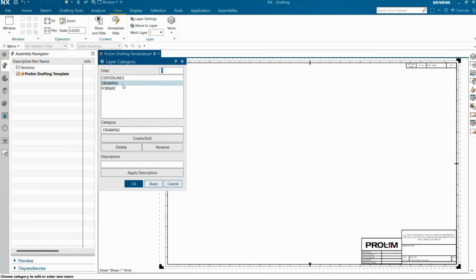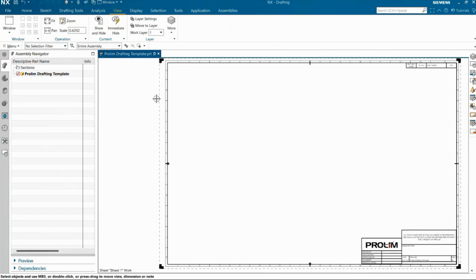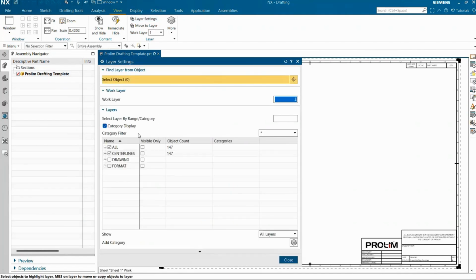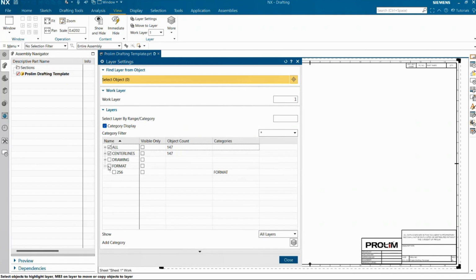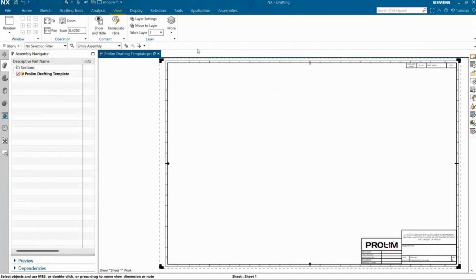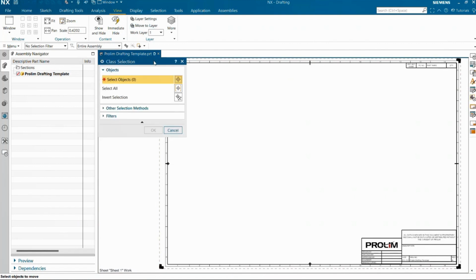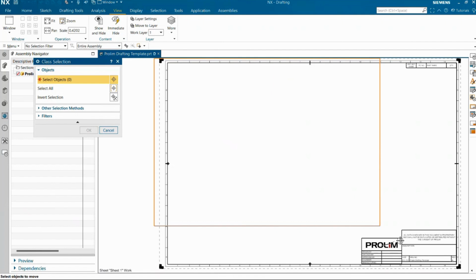As you can see, I overlapped the drawing layers and center lines layers, and we'll see when I go to layer settings here, you can see how 5 through 10 is under center lines and drawing categories. Under format, you can see I only have one layer and it's the very last layer. If I want to add this formatting to that layer, I can go to Move Layer, Move to Layer, highlight everything here,